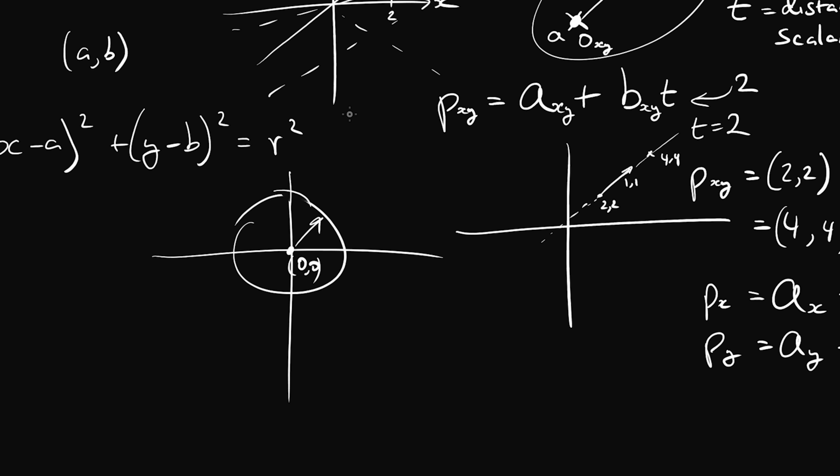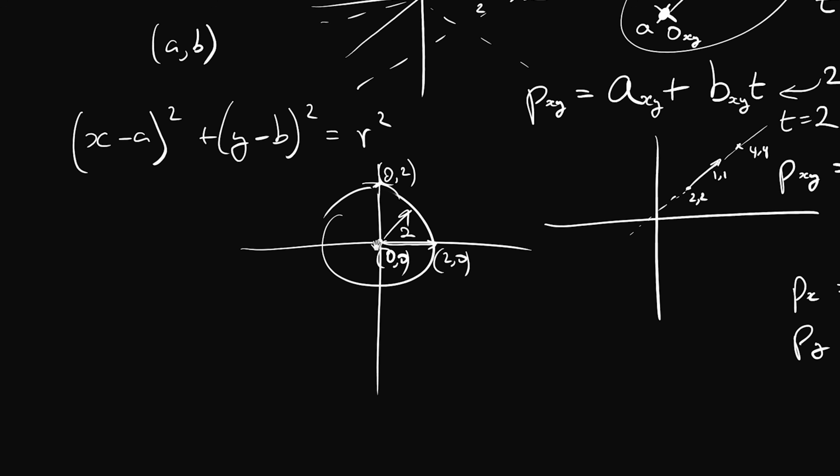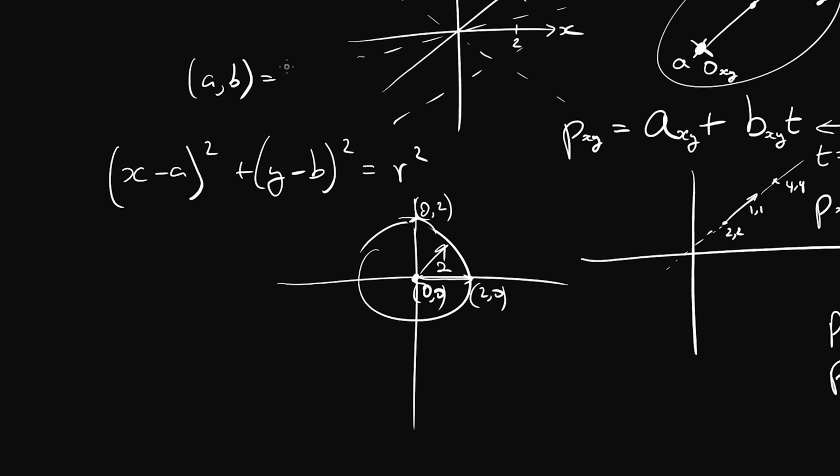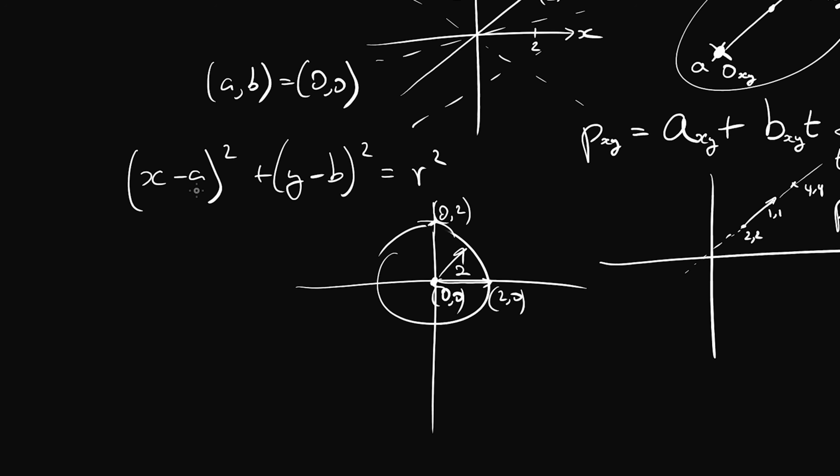So it could be something like 1 or 2. And of course, if it is 2, then we would have a point over here, which is 0, 2, and a point here, which is 2, 0, because we know that the radius is going to be 2 units. Now, if we are going to be dealing with a circle that is in fact centered at the origin over here, that means that A and B are just 0, 0, which means that if we plug in 0 into A and B over here, you'll see that we of course get x minus 0, y minus 0, which is just the same as x squared plus y squared equals radius squared. So this will just simplify the equation here.